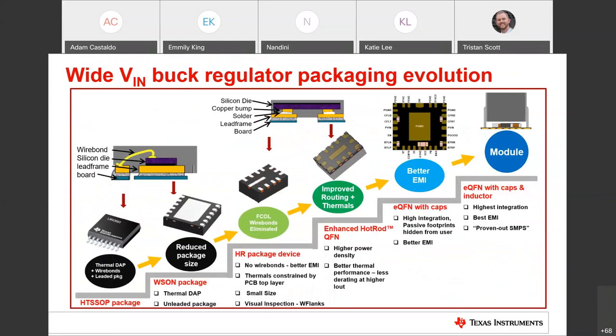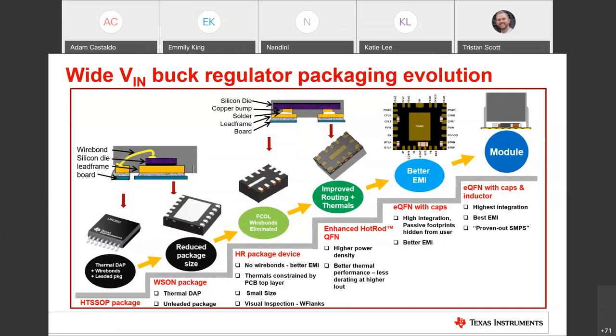So knowing what a WideVN buck regulator is now, I want to dive more into the specifics of the package evolution that is going to align with our focus on driving the most power dense solution for your buck regulator needs. So this is a cool chart that provides a little history and a look back at our package technology over the years.